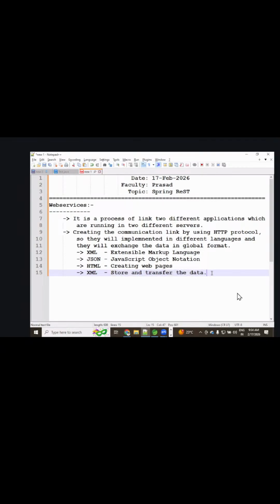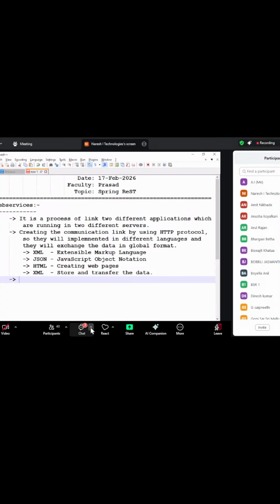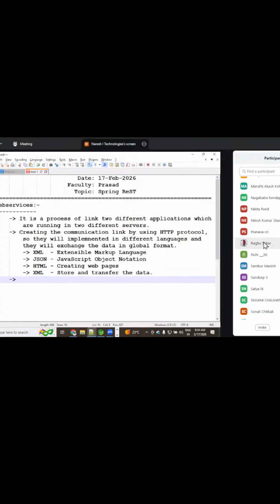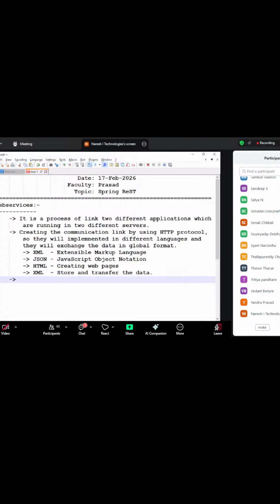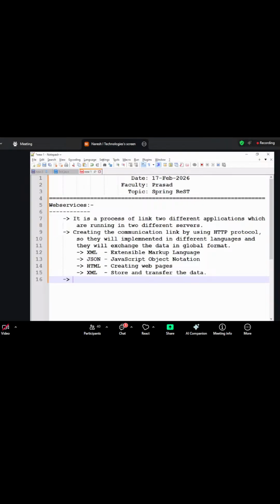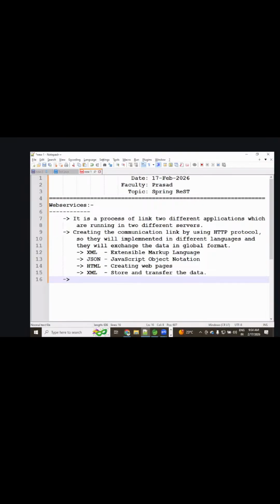So see, in general, if you want to develop a web application, how many layers are required for web application development? Presentation layer, then service layer and data access layer.